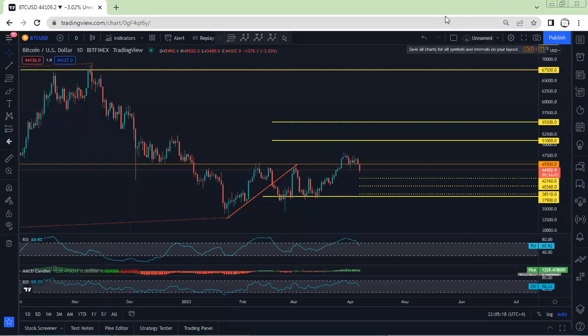Bitcoin, we start with daily chart. I want to give a quick update. We didn't have an update for more than 1 month, because the last update I gave, the price was within here. And because the way the price was moving is very corrective. Anyway, if you refer to my last analysis, we discussed the next drop, and we have been looking for